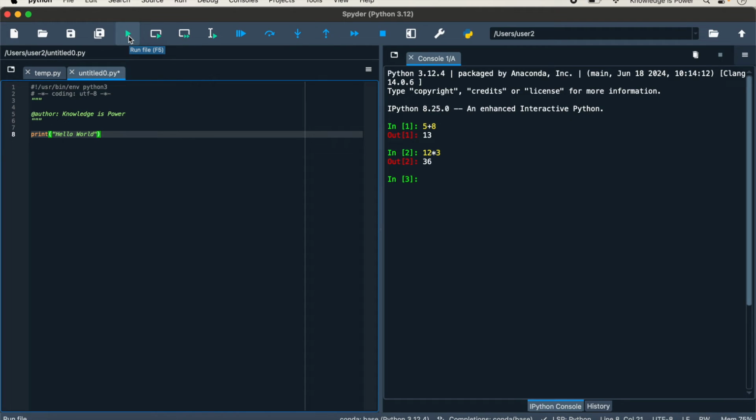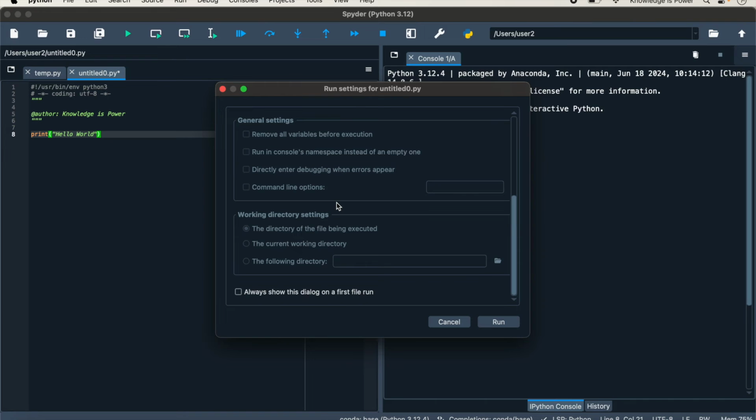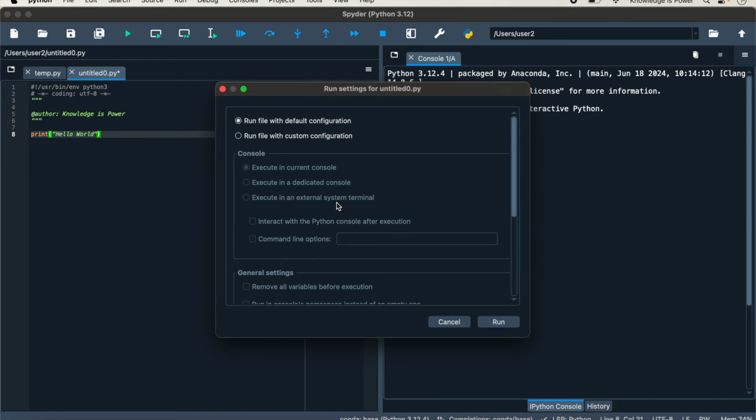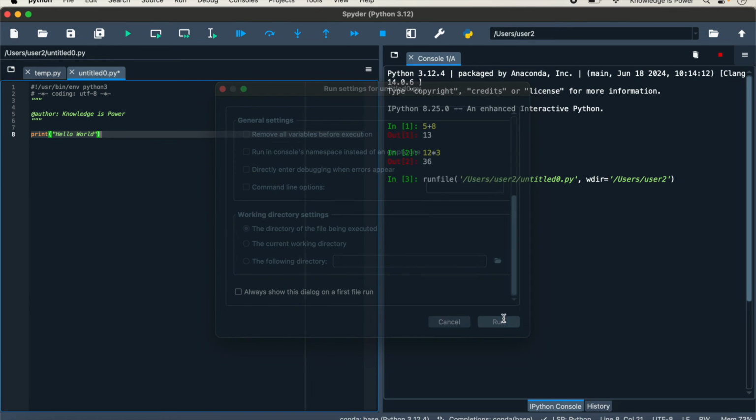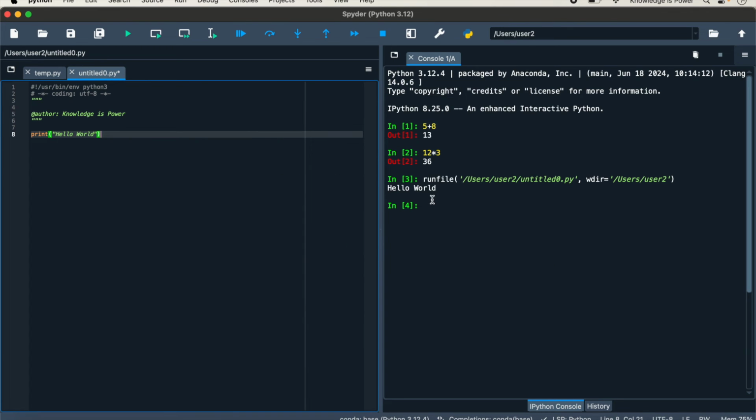The way to run this code is to click this green arrow at the top. We also have the shortcut F5, which may differ depending on your platform, whether it's Windows or Ubuntu, but usually that is the command. You can click this. First time when you're running this, you might see a dialog like this, and that is it. If you run it, yeah, so you can see the hello world being printed on the